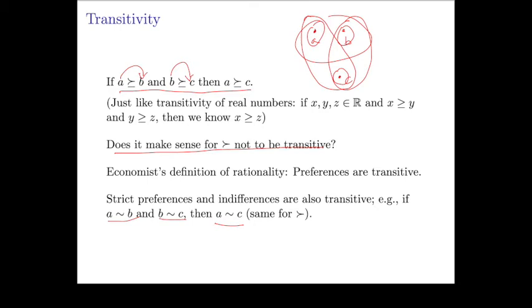So then what does it mean if I give you a choice between A, B, and C altogether? Which one are you going to pick? Because you've told me that A beats B, B beats C, C beats A. So which of these three do you pick? If you have non-transitive preferences, it's impossible for you to make choices from larger sets. So that's why we're going to assume that preferences are transitive.